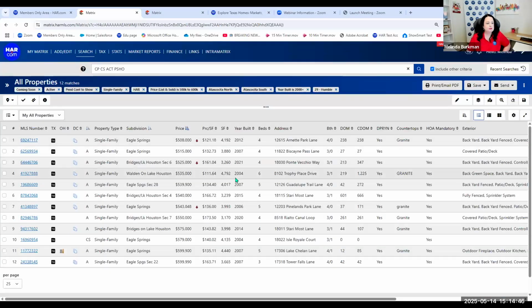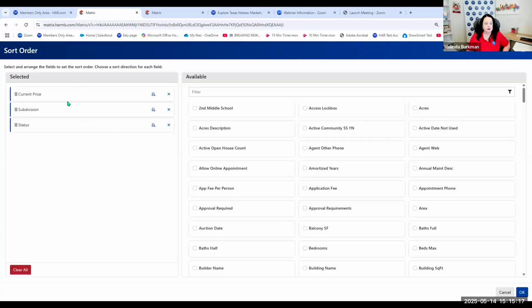All right. When I saved it, this became my choice of columns for anytime I do an all properties search. Okay. If I want to do a different type of search, I can change it here. Say, I think I'm going to change that to single family this time. And then it will repopulate these listings with the single family columns. You can sort them and you can change your sort orders.